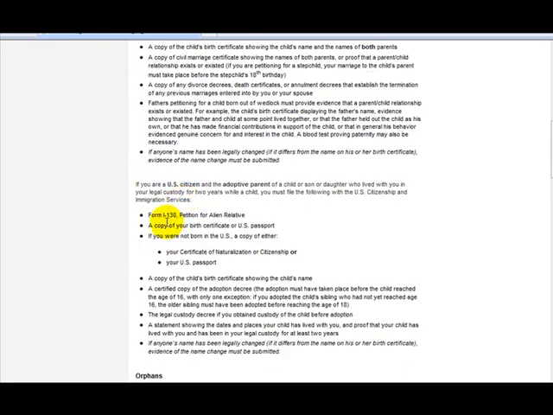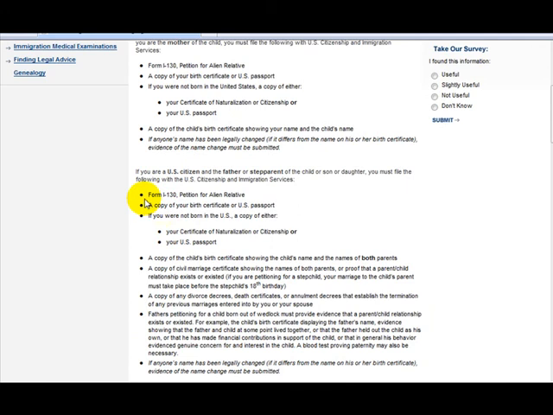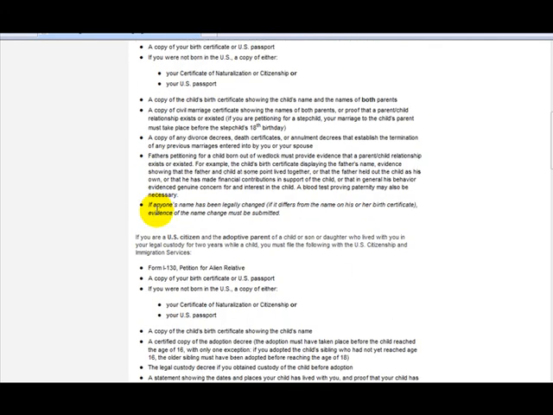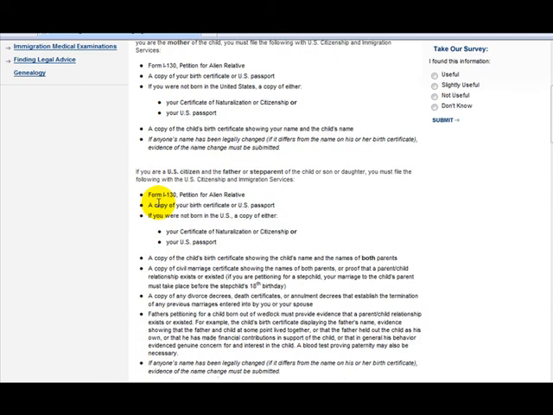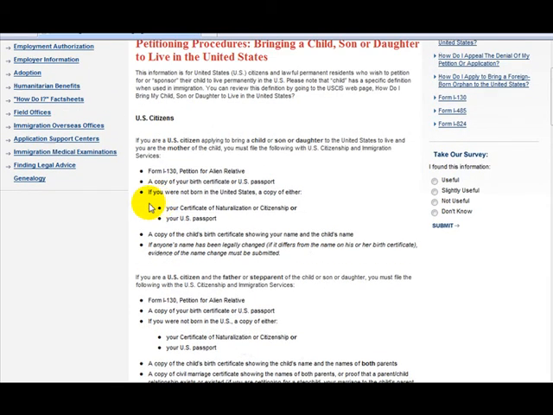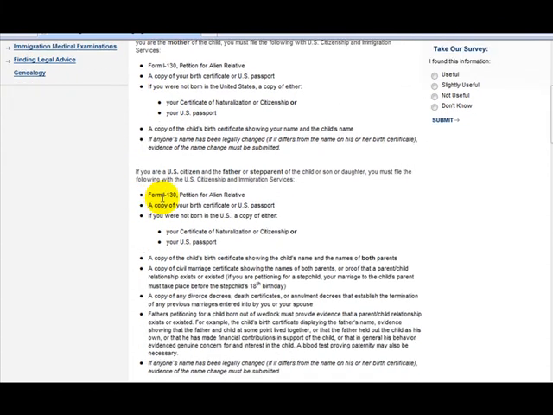So what's the common denominator in all of these? Well, it is the Form I-130, the birth certificate showing that the parent is a citizen, and the child's birth certificate. Because remember, children of U.S. citizens are immediate relatives, and they can adjust status here in the United States, or they can obtain immigrant visas immediately. And under the Child Status Protection Act, as long as the adjustment of status or the immigrant visa application, the I-130,